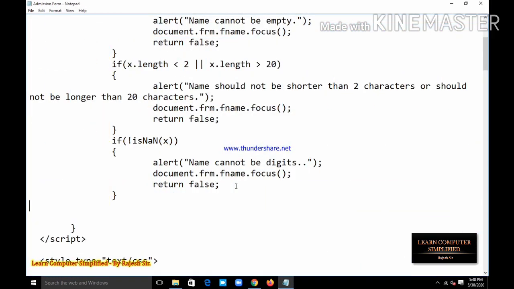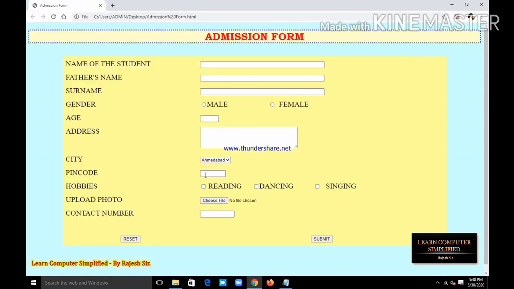Now suppose we want to add a validation in a text field which requires only numeric data, like a pin code. Here I want to validate a pin code entry. First, it should not be empty. Second, it should not be less than 6 digits or greater than 6 digits.